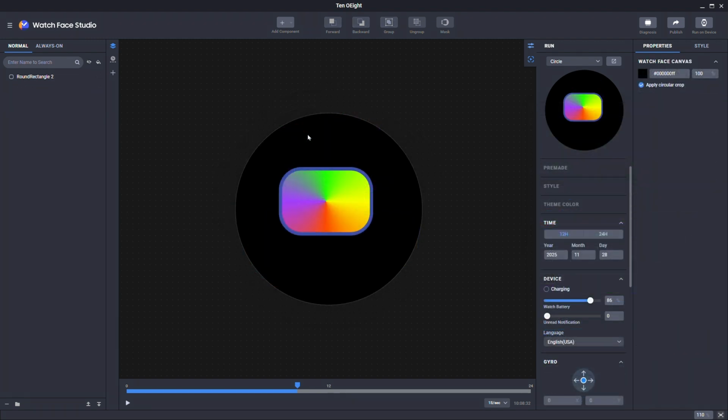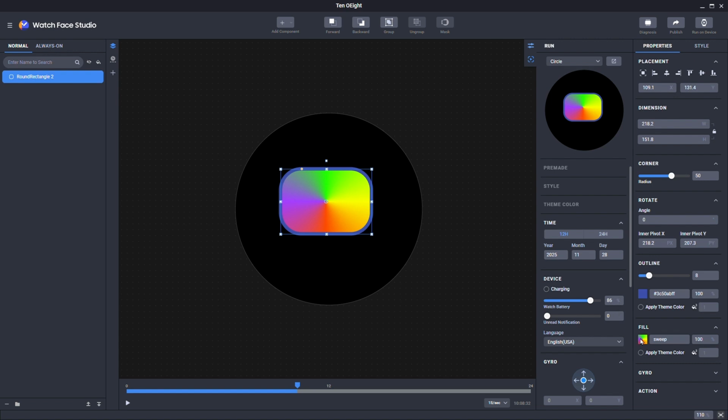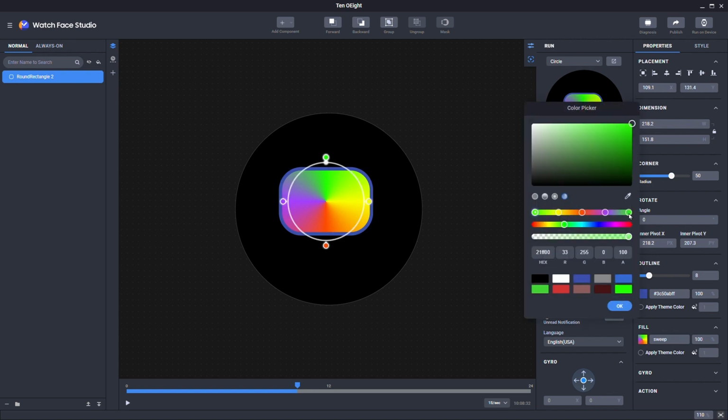I might have forgotten to record one topic, so I created another project here just to explain. In case you wish to remove a color, just click on the indicator and press the Delete key on your keyboard. In case you are having trouble deleting a color, try deleting the last color first. You can delete color points from all kinds of gradients. Just remember that at least 2 points are the minimum required. And one last thing, unfortunately WFS Studio does not allow us to use the colors from the palettes in the